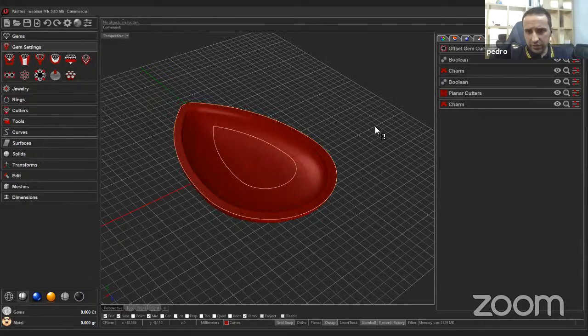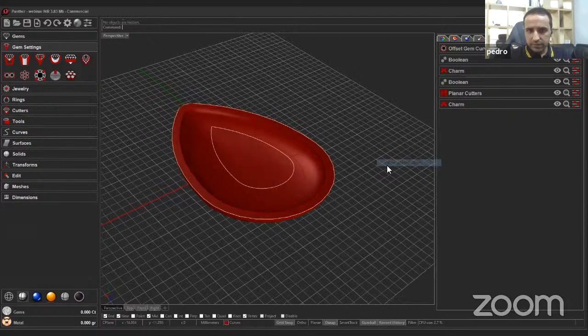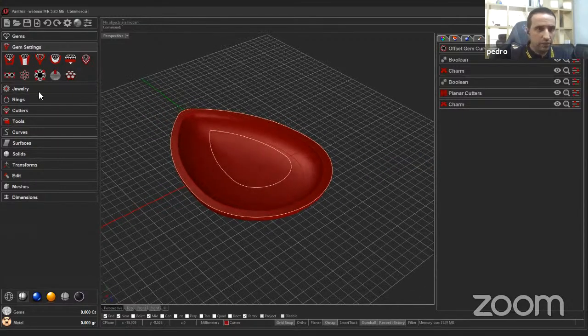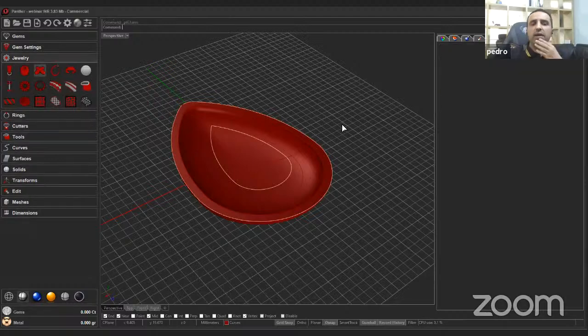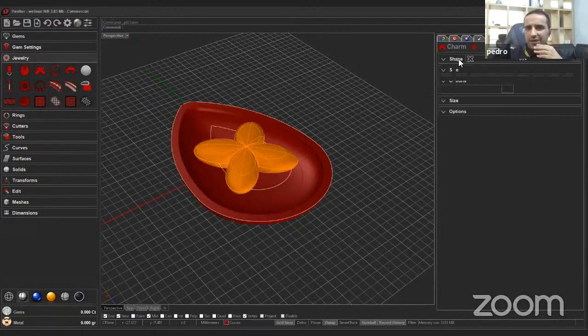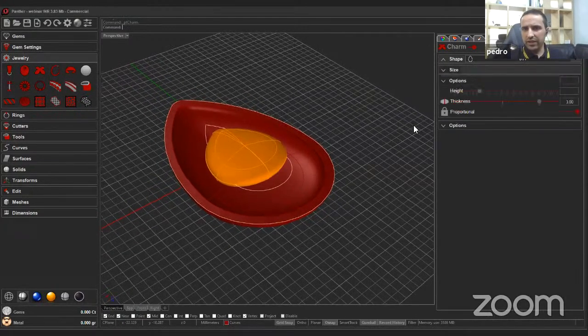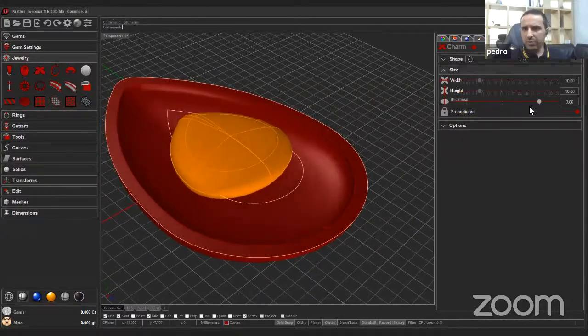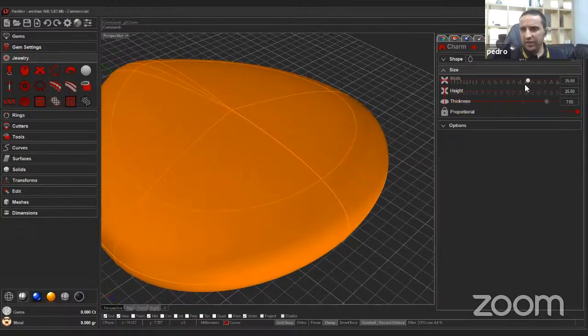I think I hide this one, otherwise I can just bring it back again. And it will be easier to do this step again. So I'm going to just work on the back part. The idea is that sometimes we want to create a different height on the back. So what I'm going to do is keep the same measurements and define a different